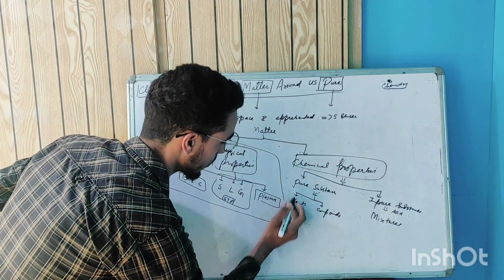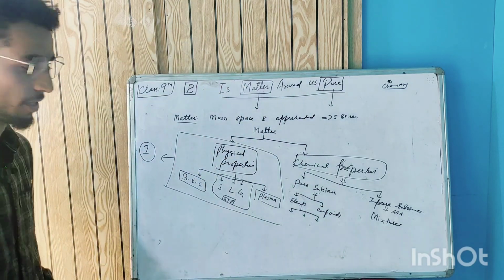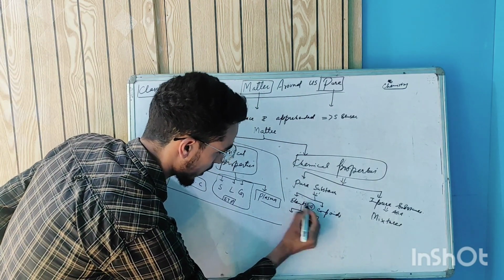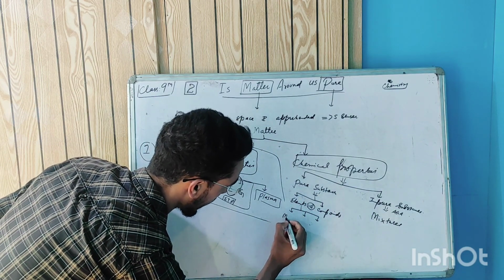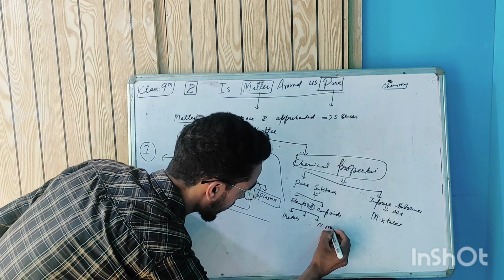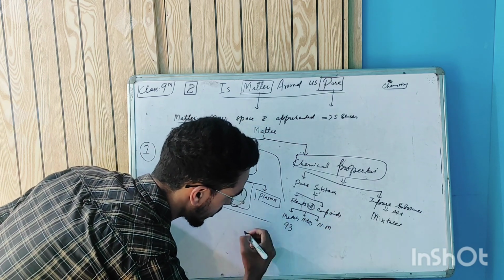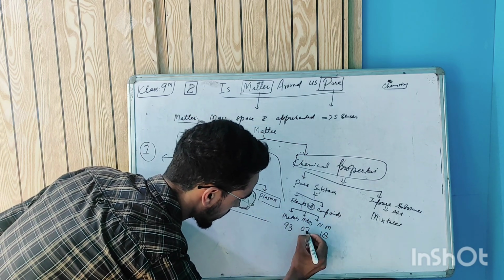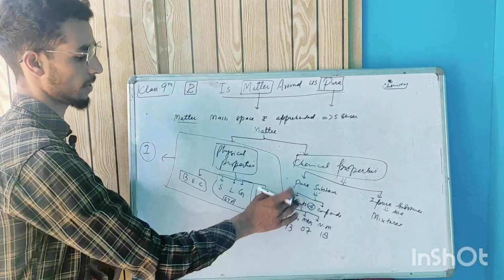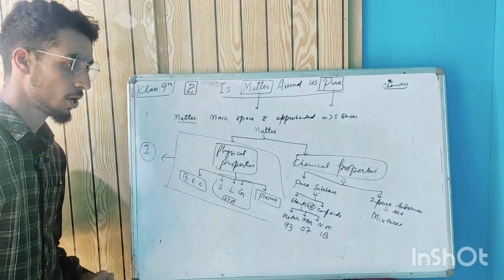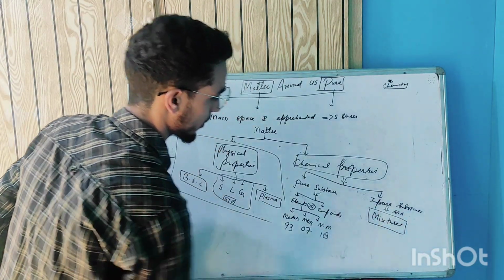As we know, elements are there in the periodic table. There are approximately 118, more or less, and among them, some are metals, some are non-metals, and some are metalloids. Metals are usually 93, non-metals are 18, and metalloids are 17. This is the classification of elements in the modern periodic table, the so-called long form periodic table. Impure mixtures we will discuss further.